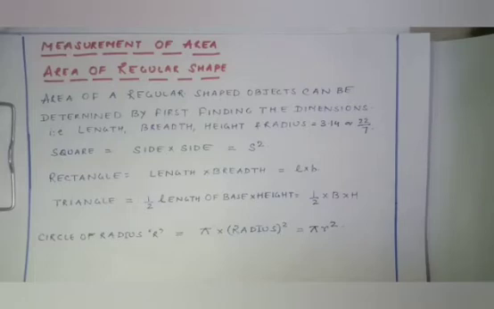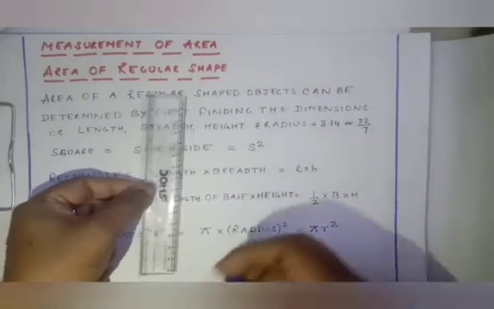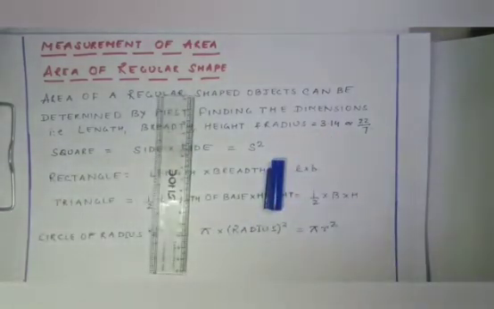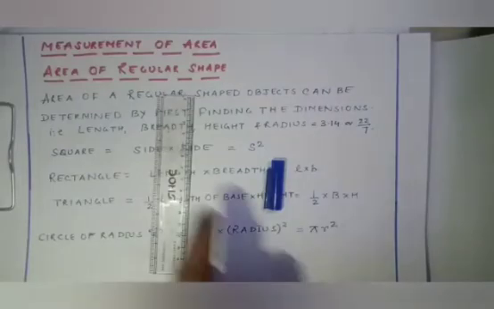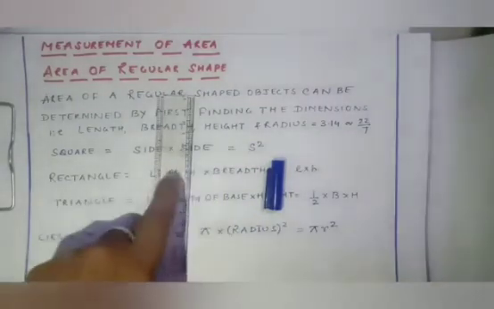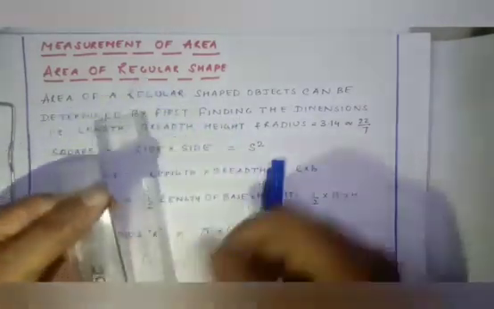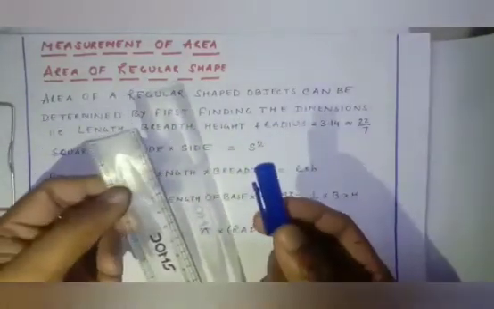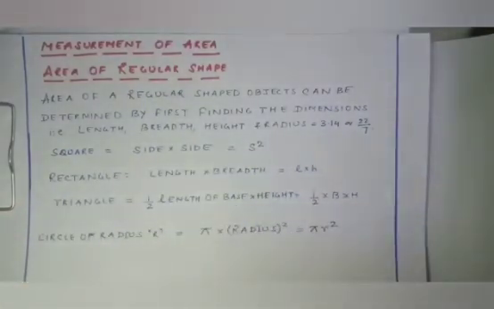Let us take an example. If I take a scale and the cap of a pen, which one is going to cover more area? Definitely the scale. So the surface area of the scale is more as compared to the surface area of a pen cap. Now let us talk about the units for smaller objects and bigger objects. The area of a smaller object is measured in centimeter square, and the area of a larger object is measured in kilometer square or hectare.